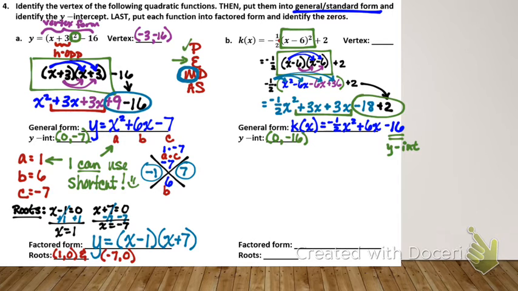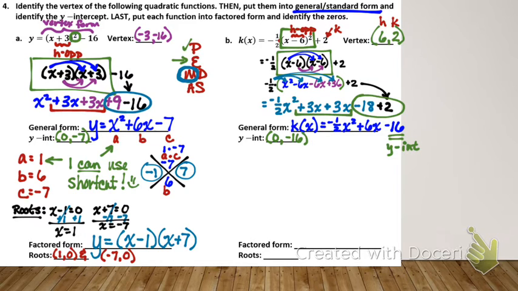Yep, positive 6, positive 2 for our vertex. That's absolutely correct. It's in the H class. Mm-hmm. We have our H and our K. Here's K. And this guy is the opposite sign. Perfect. I'm going to skip putting this into factored form for right now because I want to look at those